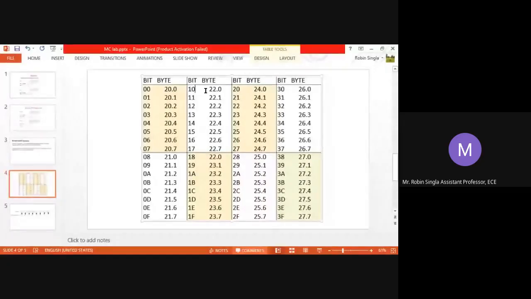You see here, this is bit memory 10, which has a byte location of 22.0. Bit memory 11 has a byte location of 22.1. Bit memory 12, byte location of 22.2. And bit memory 20, 21, 22 is a byte location of 24.0, 24.1, and 24.2. Okay, now you just note it down.